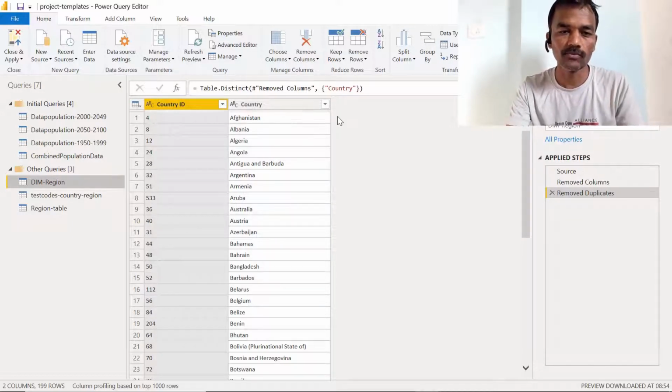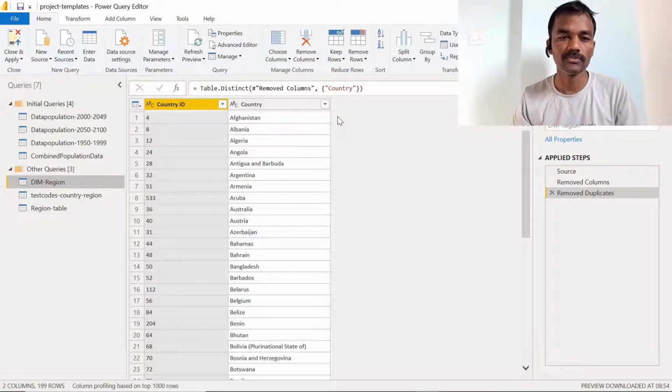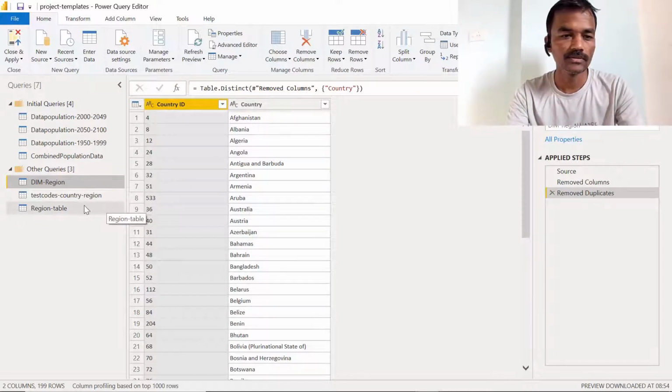So for this, we are going to use a Power BI feature which is a merge query, and this we will see theoretically and practically as well. And after that, we will see different join types as well. There are various join types available in this Power BI, and that we will see theoretically and practically as well. Now let's try to use these merge queries.